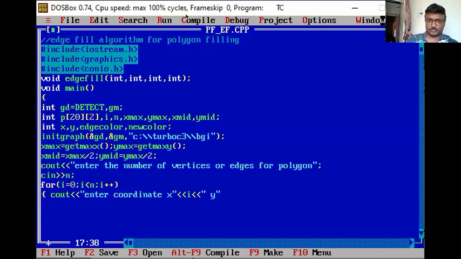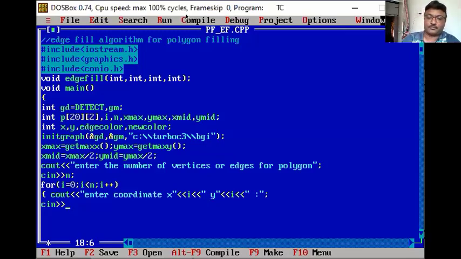So the user can understand, yes, this is my x0, y0 value, and put here a colon and then a space. So this becomes the cout, and then cin. So what is your first coordinate? By using a two-dimensional array, suppose I am reading it. So P of i0 is my x coordinate, and P of i1 is my y coordinate, so that you have to read it.